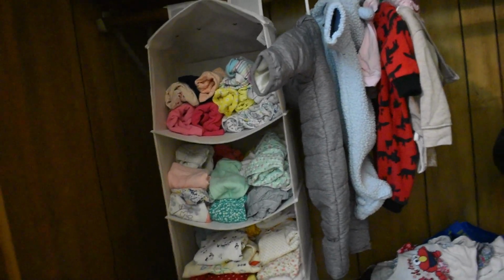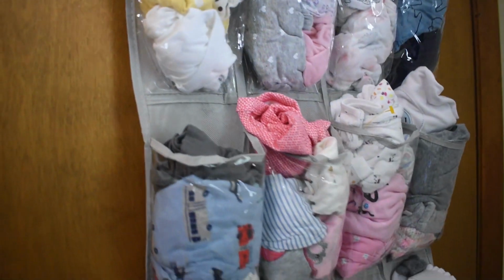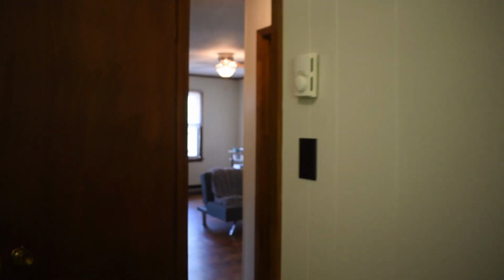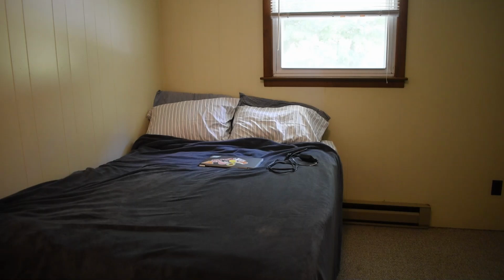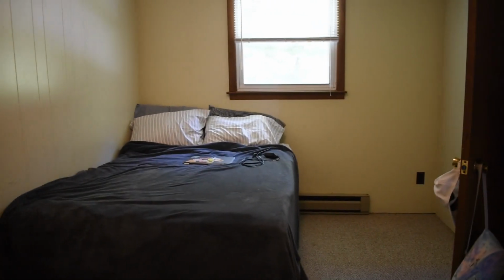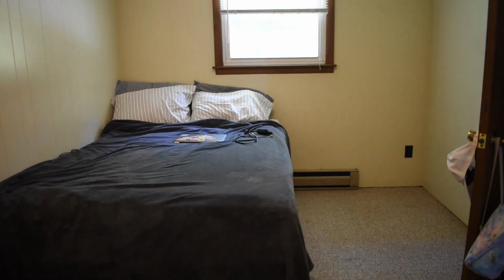Both of them are the same exact size. I know that because I just measured, because I'm trying to figure out if I can fit a chest of drawers in my closet, because right now I don't have really any furniture in my room except for my bed. So anyway, this is my room. It's actually bigger than the other room, which is why